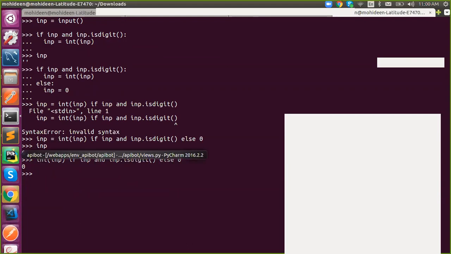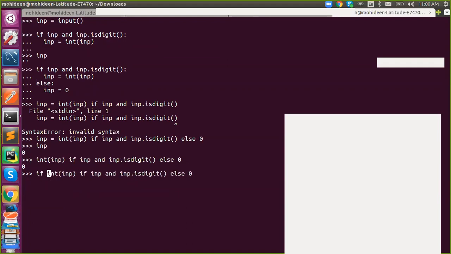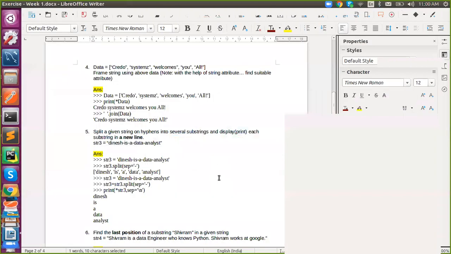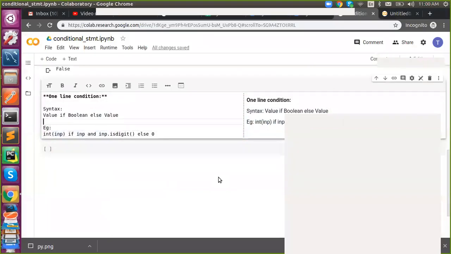You can use it inside a condition as well. So this will return a value. The syntax is: value if boolean else value. Got it?